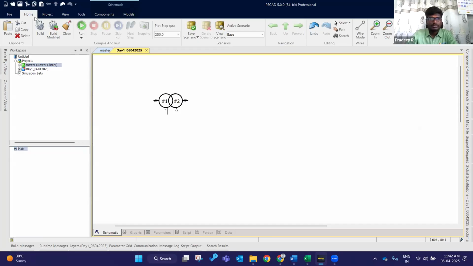When coming to the home option, right? Home option we can classify into the clipboard. The clipboard is the first one, and it will perform the basic options, so there will be no explanation needed for these options, right? Whereas this compile and run, right? The compile and run. So this build, build modified, clean. These three options. So the build option means before running, right? Before running a simulation,